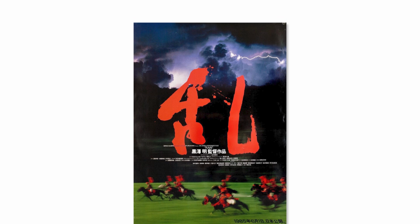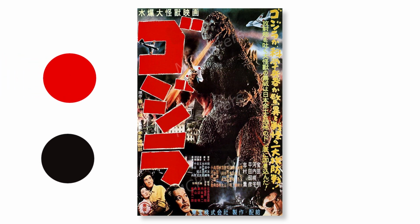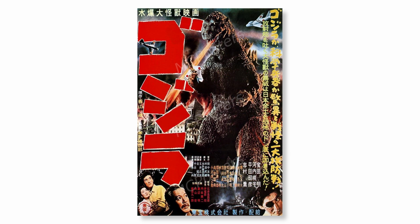The poster for the 1954 movie Godzilla is a bold and dynamic composition that captures the film's themes of destruction and post-war anxieties. The jagged red typography of the title dominates the design, evoking chaos and power, while the intense color palette of the fiery reds and blacks contrasts the cooler blues to emphasize the apocalyptic tone. Godzilla is centrally positioned, towering over flames, jets, and destroying buildings with smaller human figures in the corner, heightening the